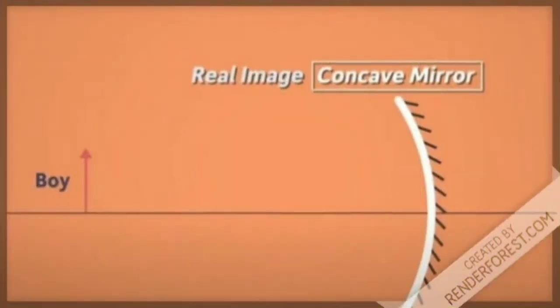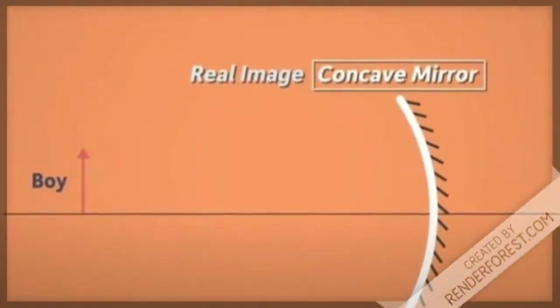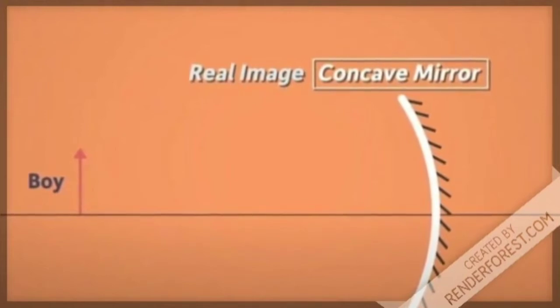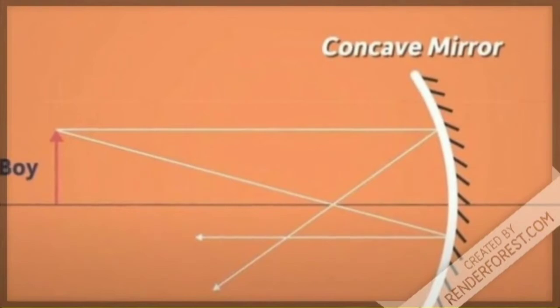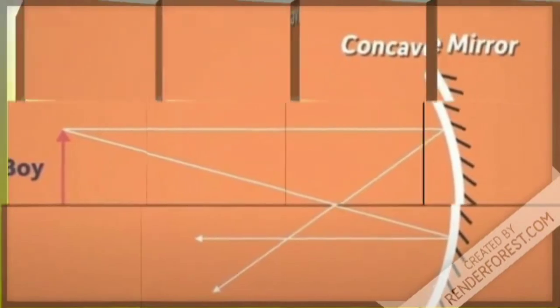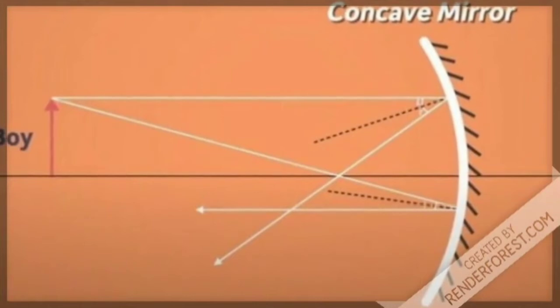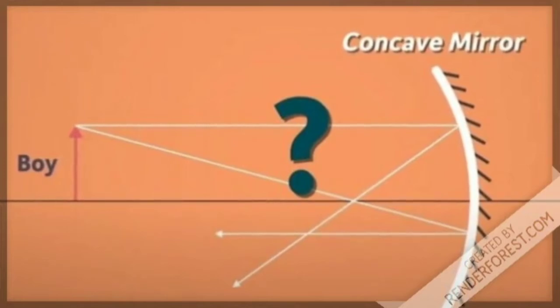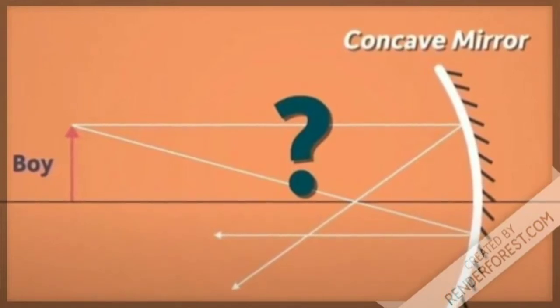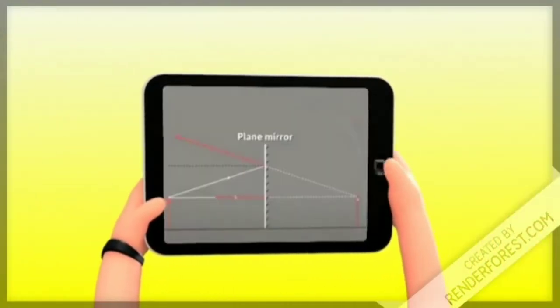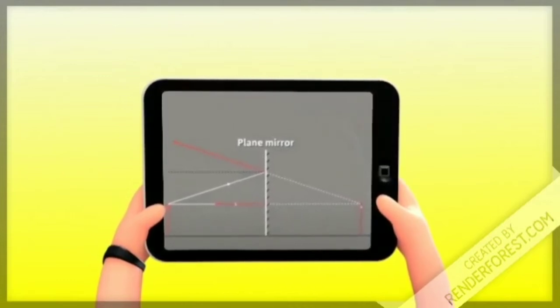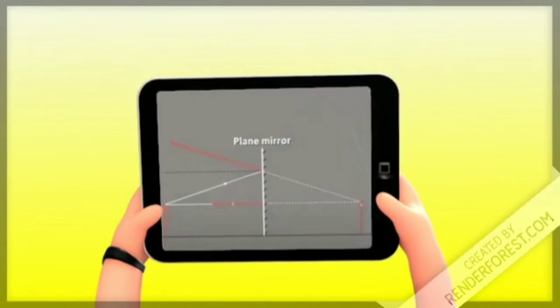Let's replace this plane mirror with a spherical concave mirror. Why? It's because real images can be formed by concave mirrors. Let's consider the light rays from the same point of the object incident on the mirror. We see that after reflection, each ray is traveling in a certain direction. Note that here as well, each ray obeys the laws of reflection. What difference did you notice here compared to the plane mirror reflection? In the previous case, all the reflected rays were diverging. Yes, here all the reflected rays after reflection are intersecting each other at this point, or we can say that they are converging at this point.